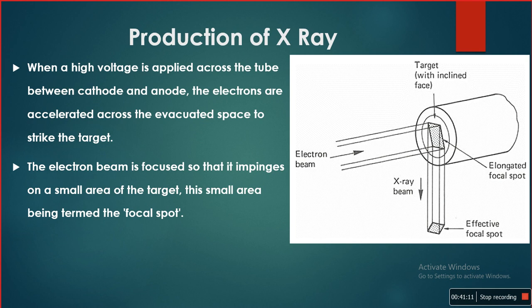In many X-ray tube designs, the face of the anode is inclined at an angle to the electron beam. So the electron beam is focused in such a way that it gives a small square focal spot on the plane normal to the electron beam. As it is normal to the electron beam, it will concentrate at the square region of the focal spot and we get a sharper image of the component on the radiograph.